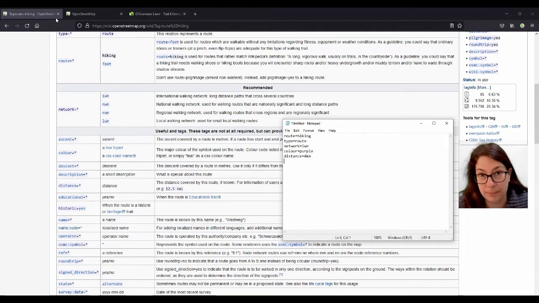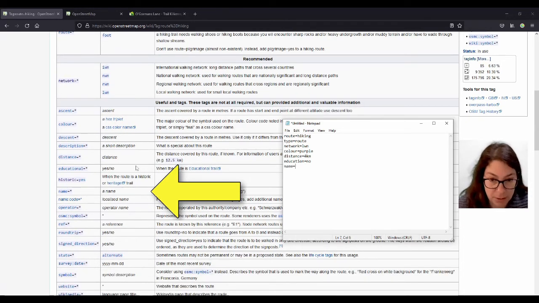Educational, define education. Like, you can always, if you're walking with kids and you show them birds and tell them the names of birds and trees and so on, of course it can be educational, but I don't think that's the intention of this tag. Historic, yes, if it is historic, I wouldn't say that. There wasn't a lot of history along the way, and it's not meant to be showing your heritage. Again, the Camino would be one of those historic ones.